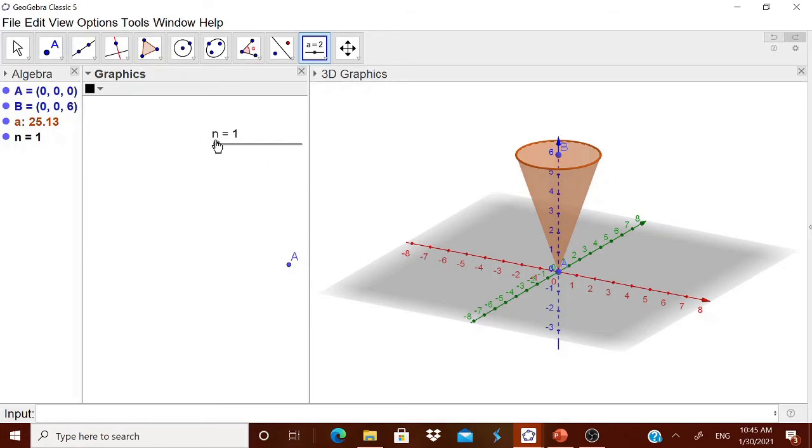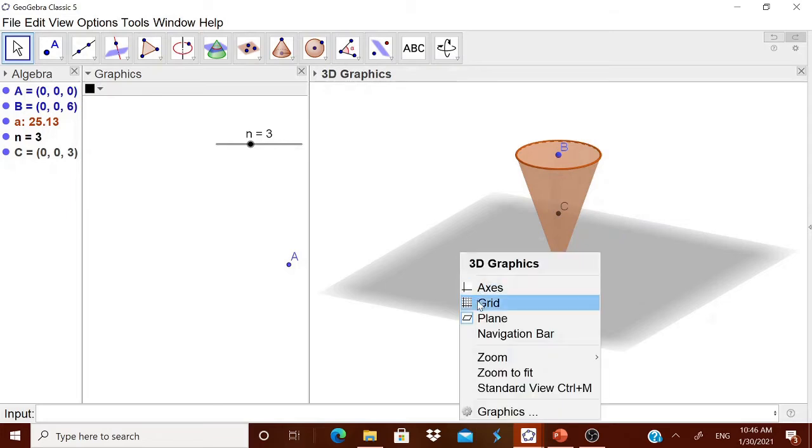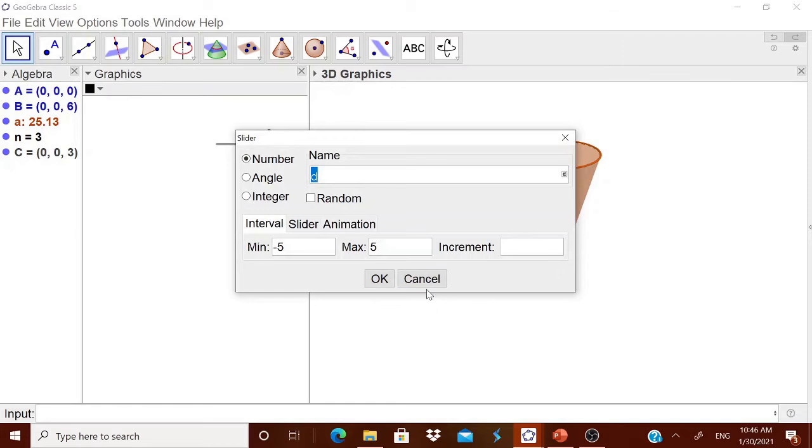Okay. Now I will take a point 0, 0, n. This is a point now on the Z axis. When I move this slider, you are seeing that the point also moves. The point C is moving there. Now you should be a bit careful. Now I want this cone inside the cone. Therefore, to avoid confusion, I will remove this axis. I will remove this plane so that it will be easy for you to visualize it.